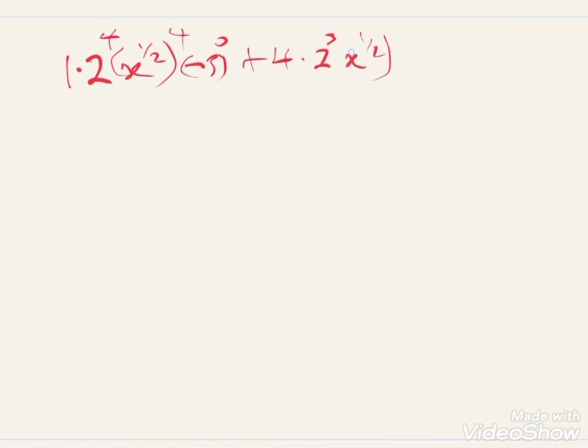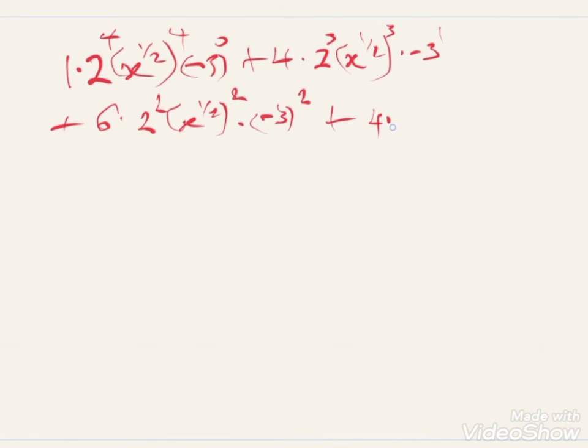x raised to the power 1 over 2 raised to the power 3, multiplied by minus 3 raised to the power 1, plus 6 multiplied by 2 raised to the power 2, x raised to the power 1 over 2 raised to the power 2, multiplied by minus 3 raised to the power 2, plus the fourth one to be 4 multiplied by 2 raised to the power 1 root x, that is x raised to the power 1 over 2 all raised to the power 1, then multiplied by minus 3 raised to the power